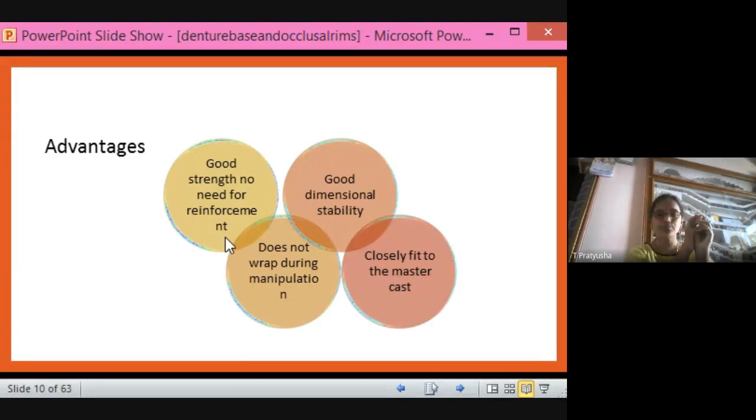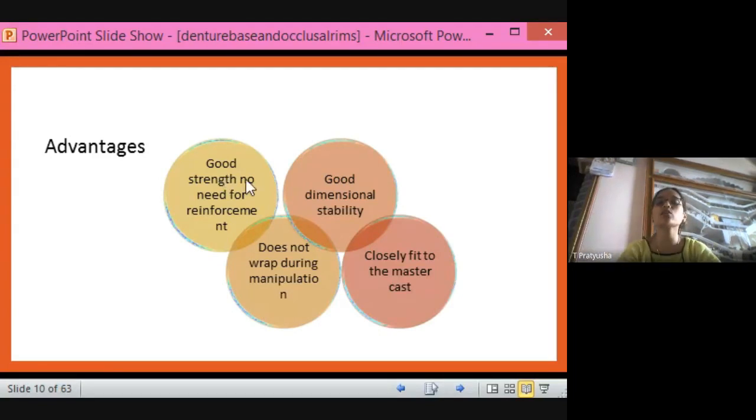For example, gypsum products, if you see a stone or a plaster, you mix it and pour the cast. It is strong enough, but if you throw it from one floor, it will break. There is a die stone. If you throw it from the second floor, it may break. So to increase its strength or its properties, we add some materials such that even if we throw it from the first floor, it will not break.